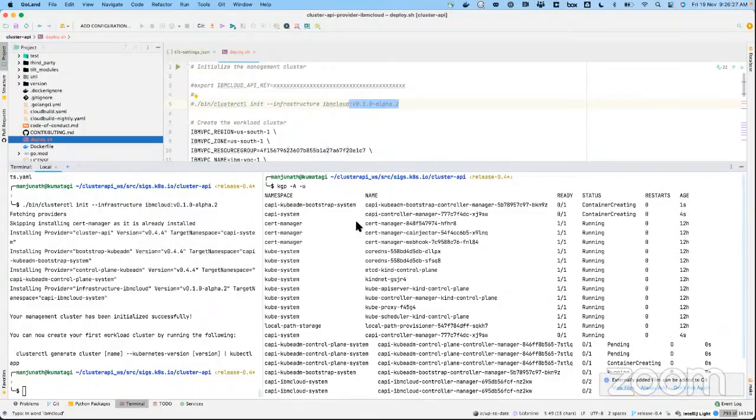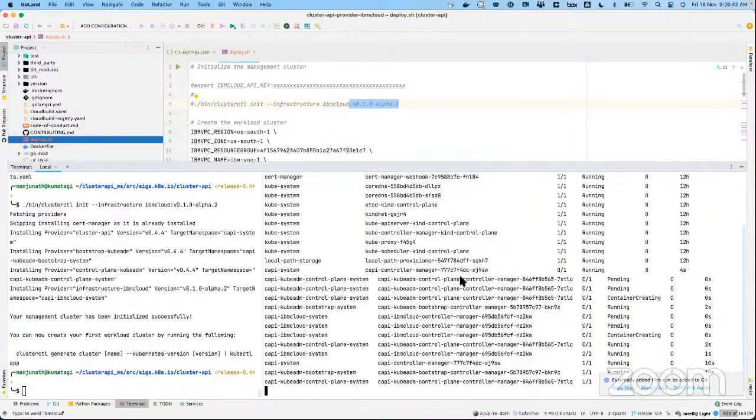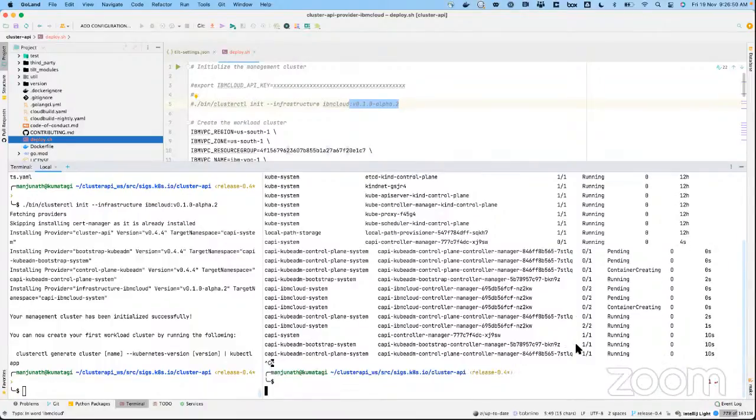You can see here a bunch of different controllers deployed. Again, the kubeadm Bootstrap, and then the CAPI controller, which is mainly for the core CAPI controllers, really meant for handling all the objects of cluster API, and you can see that everything is up and running.